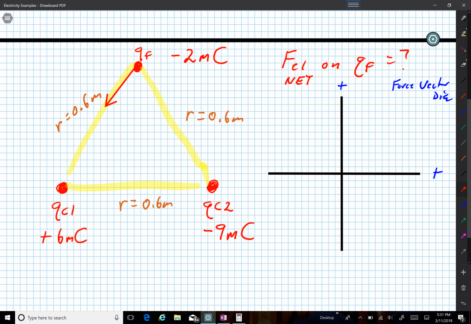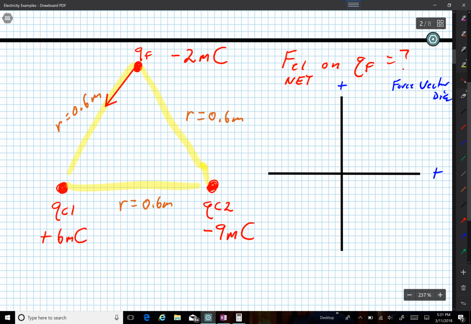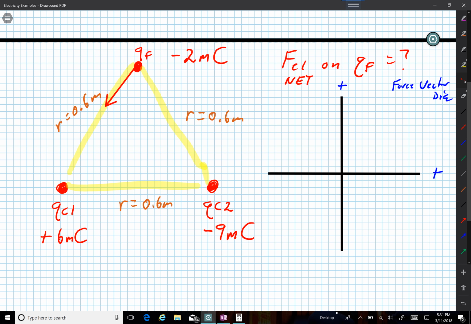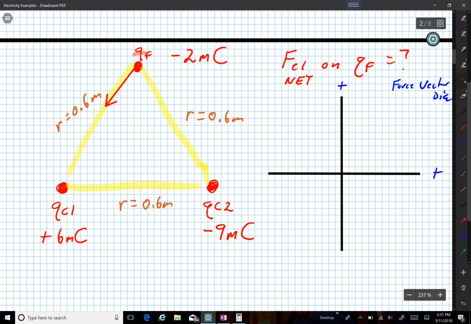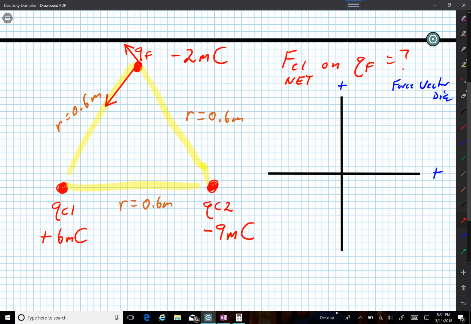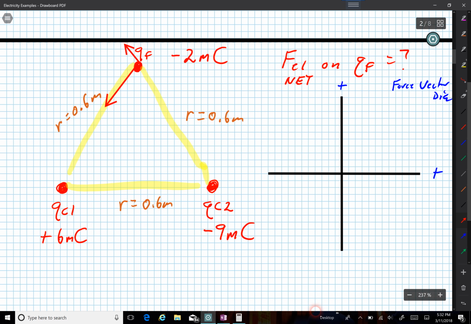Now, let's concentrate on QC2. This is a negative charge. That means that it's going to repel the field charge because it's also negative. So there's going to be a repulsion up like that, away from QC2, directly away. So we bring that information over here and we draw